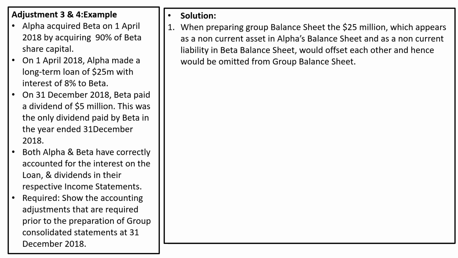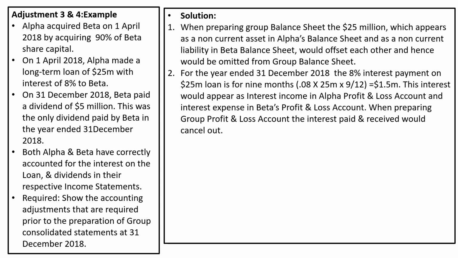When preparing the group balance sheet, the 25 million, which appears as a non-current asset in Alpha's balance sheet and as a non-current liability in Beta's balance sheet, would offset each other and hence would be omitted from the group balance sheet. For the year ended 31st of December 2018, the interest payment on the 25 million loan is only for 9 months,